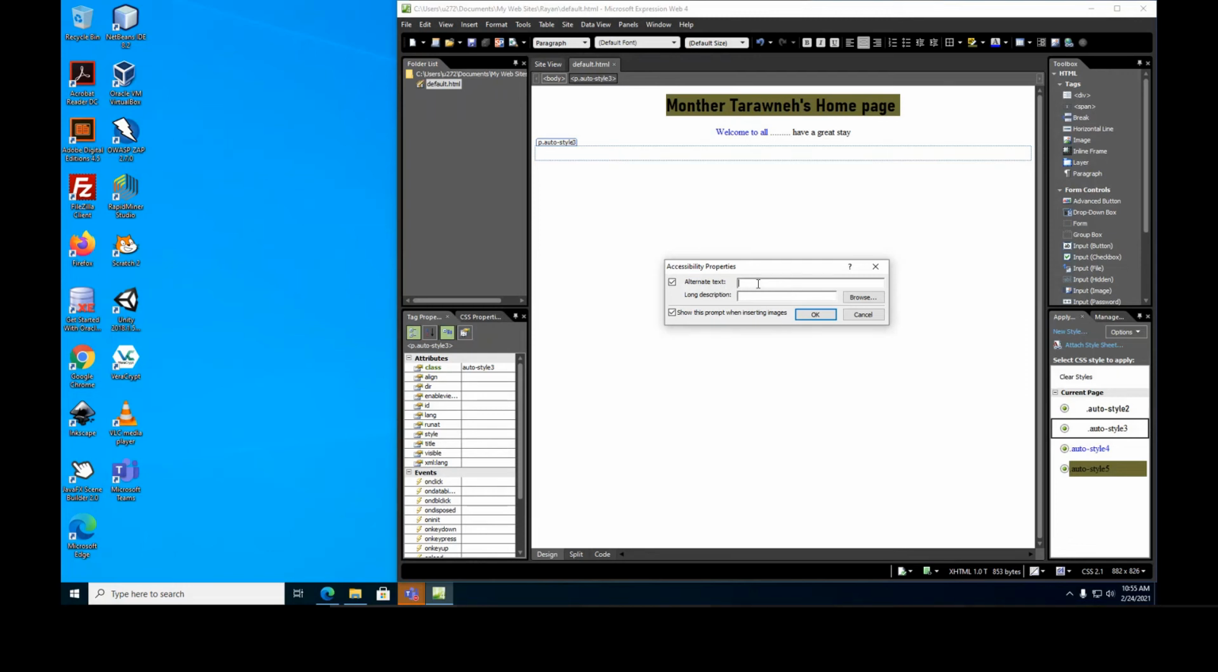Alternative text means you put a name for the picture, so that if the internet is slow and the picture is not appearing quickly, this text will appear. Or for some reason, if your browser cannot show the picture, the text will appear telling you what's in the picture. So for example, I could say here, Dr. Moonther. This is the picture for Dr. Moonther. I can just put a description here, like this. For example, small picture for Dr. Moonther